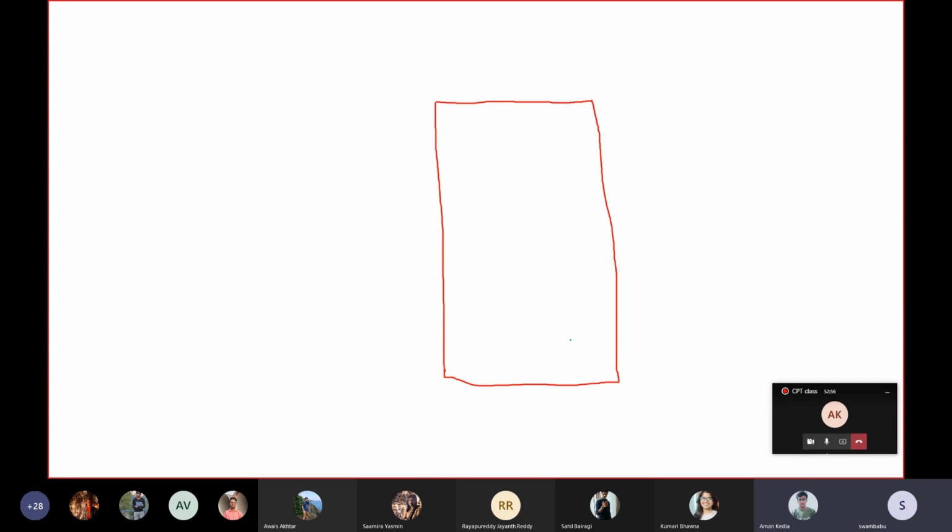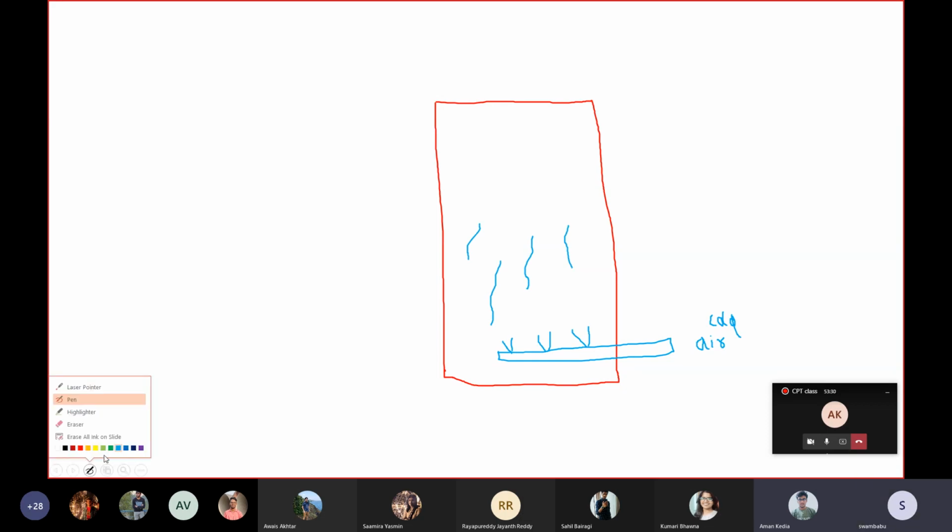Now from the bottom, we introduce cold air. From the bottom, we introduce cold air. So the air is basically passing through from the bottom. Now at the top,